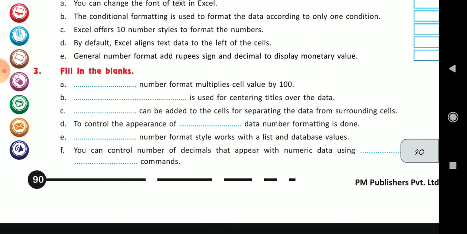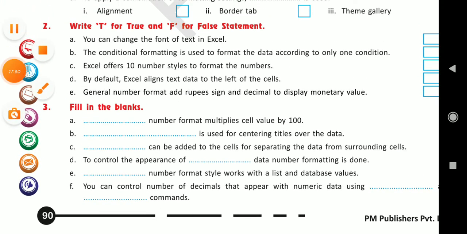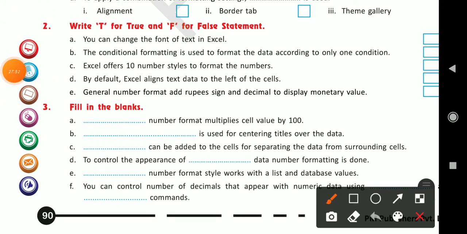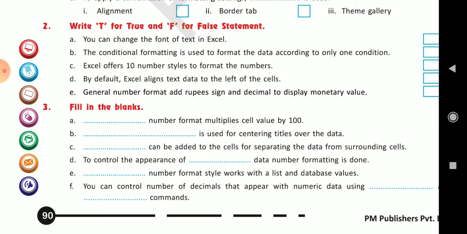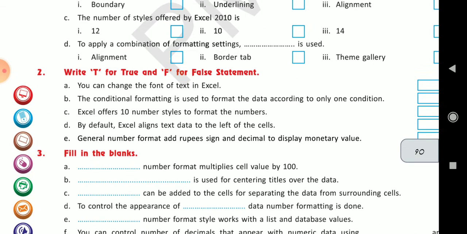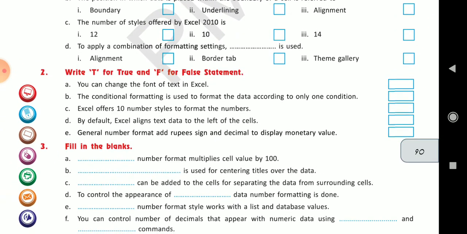Easily, if you want, you can write from the fill in the blanks, C1: border can be added to the cells for separating the data from surrounding cells. Clear? So now we have completed the exercise of this chapter.